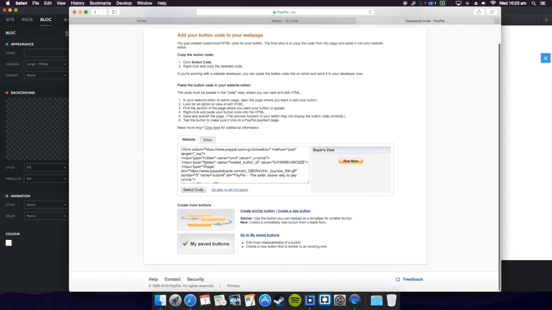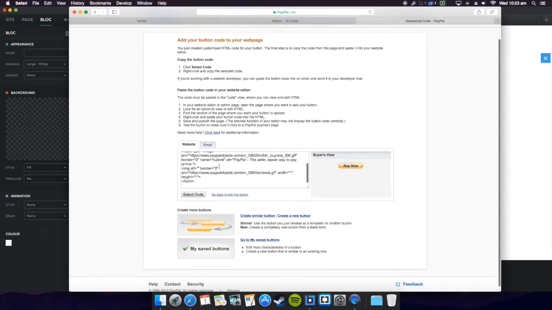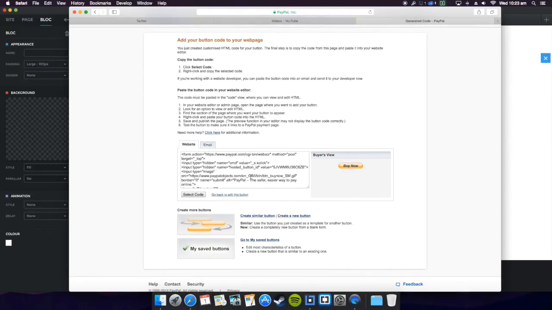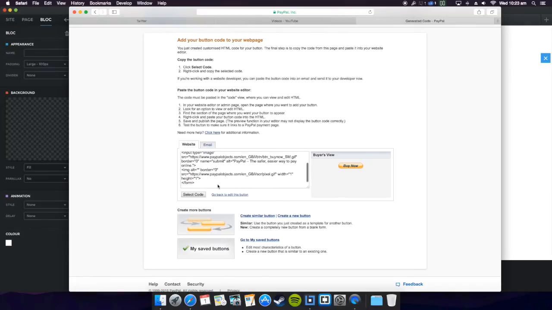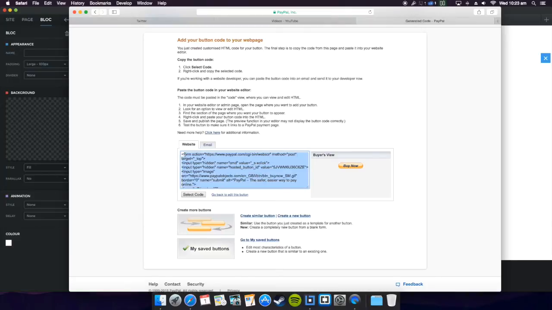But we're going to carry on, and then you get sent to this page here. Now if you know, Blocs only supports iframes currently, so it doesn't support raw HTML brick elements, unfortunately. So what you're gonna have to do is take a copy of all this and literally just bear with me for a minute. Take a copy of it, like I've just done, and just leave it in your clipboard for